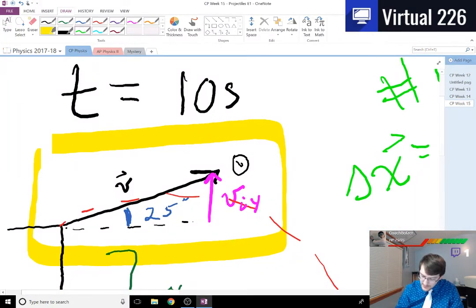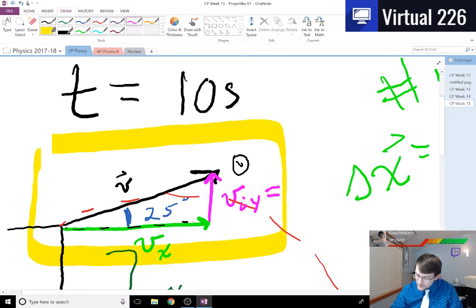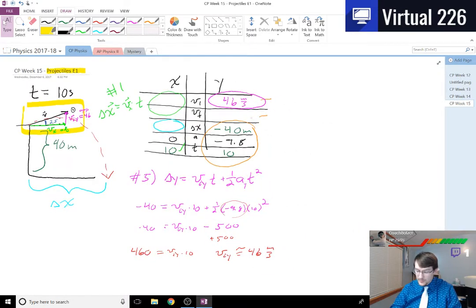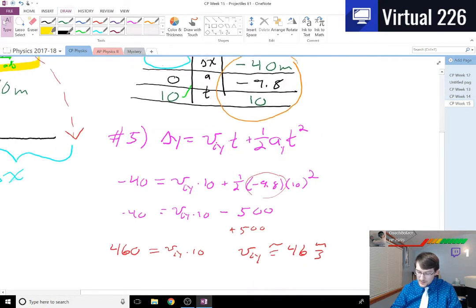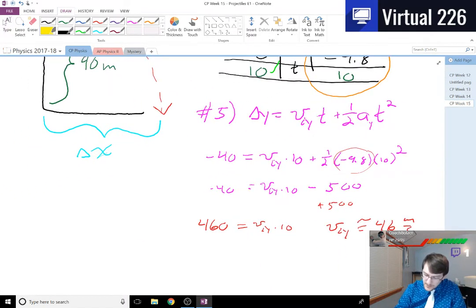which just so happens to be this side of the triangle. Since we know this is equal to 46 and this is the opposite side, while the x side is our adjacent side, and we know the angle, we can play a little bit of SOHCAHTOA here. If we do this, we can say that